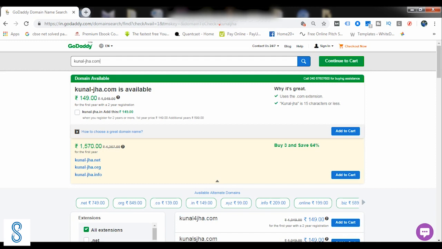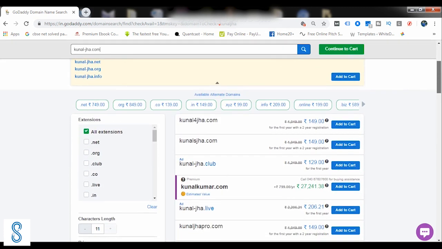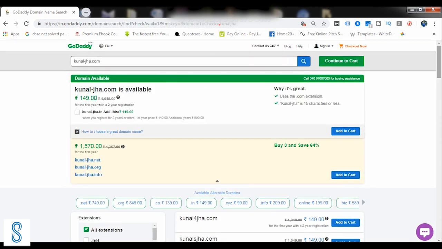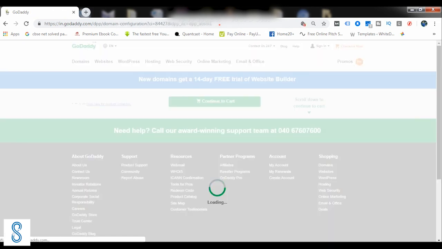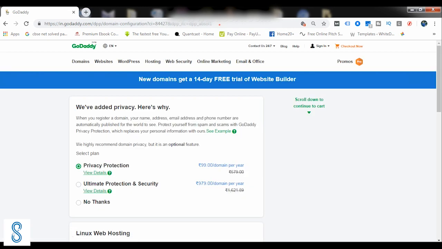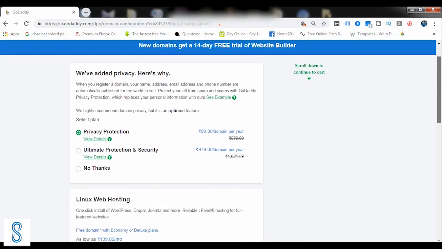So you can select whichever domain name you want from the probable options, and once you have selected the domain name that you want, simply click on this add to cart button. Now the domain name is added to the cart. Now continue to cart. Once you continue to cart, it will give a few options. There is a privacy protection option.